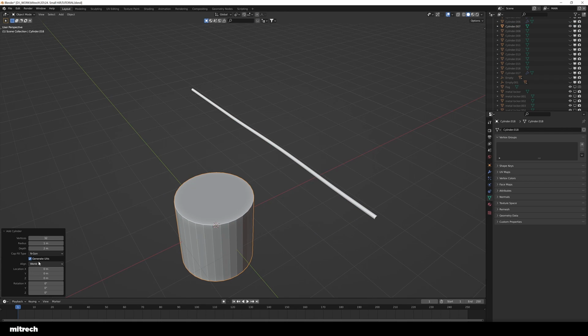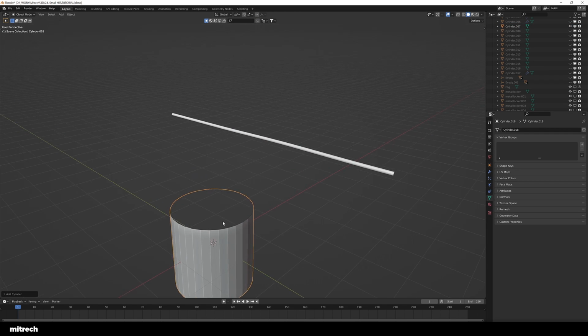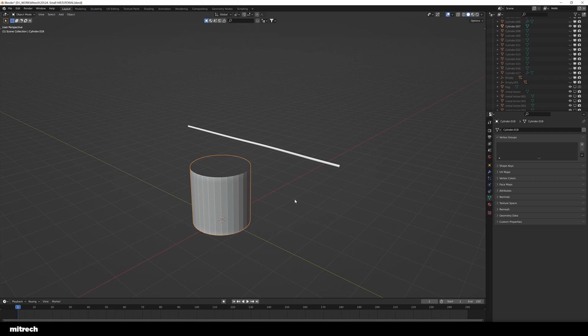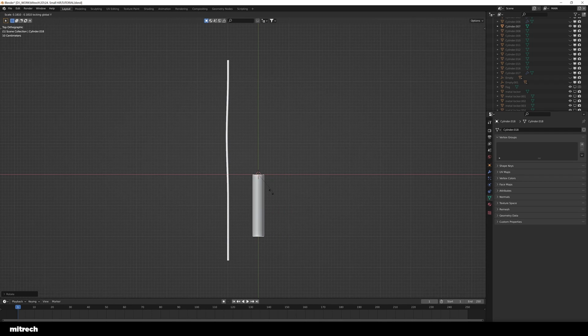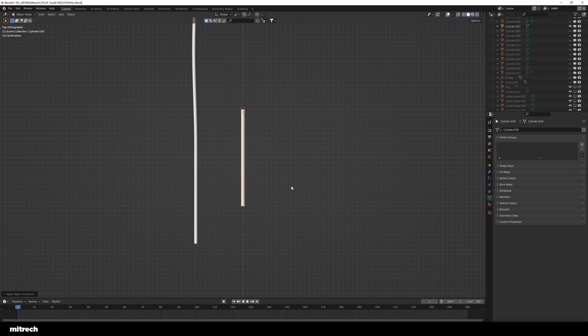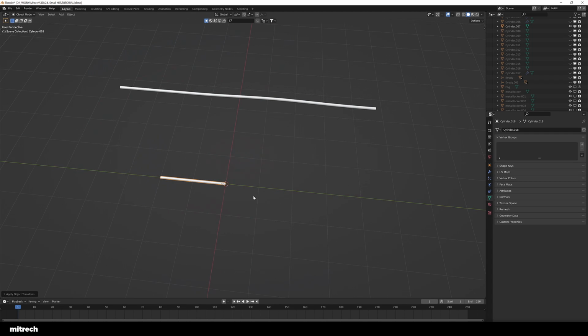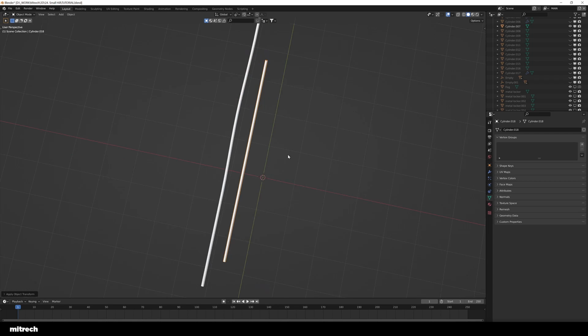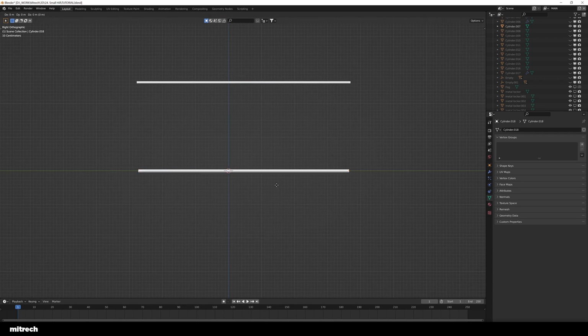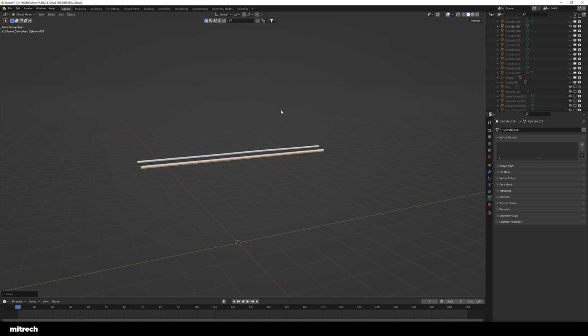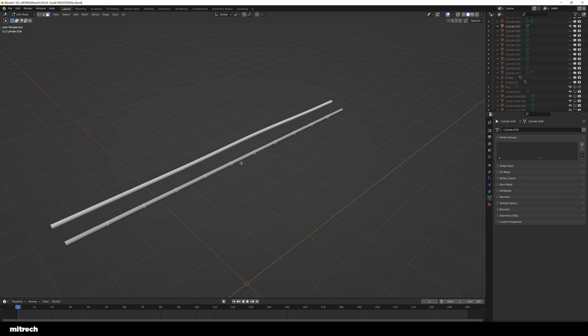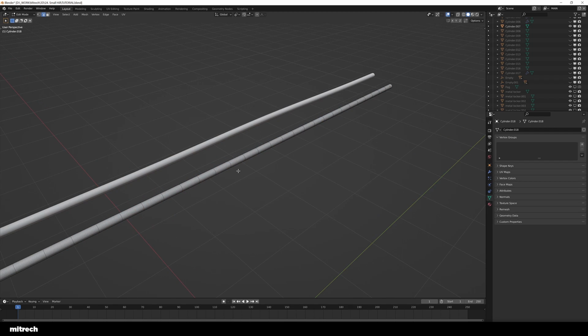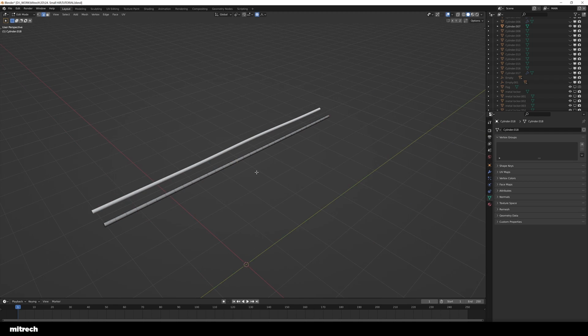All right, now for all those pipes, that's really simple. It's just a cylinder that I've added, right? I've rotated it around and I'm scaling it to be as thin and long as I want it to be. So that's exactly what I'm doing here. I'm just resizing a simple cylinder, and then I'm going into edit mode and throwing a bunch of loop cuts onto that, just so I have enough geometry to work with.